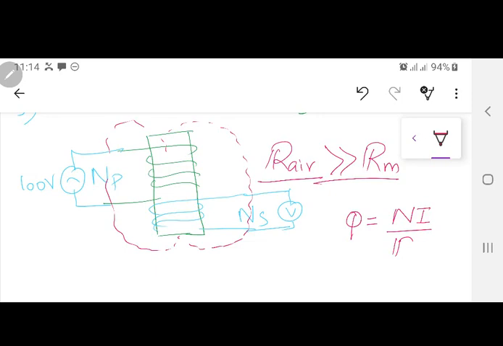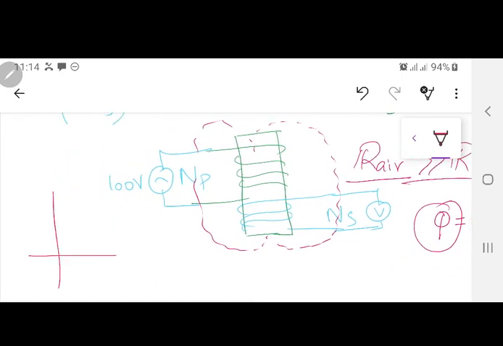When there is an air gap, and here it's not just an air gap, it's actually a full length of air gap, what will happen? The total reluctance is very large, so the flux value will be very small. Since you are applying an AC waveform on the primary input, if you try to measure whatever flux is flowing inside the core with very sensitive equipment, there will be very small variations because the reluctance is very large. So theoretically speaking, this is a transformer, but practically it cannot work.